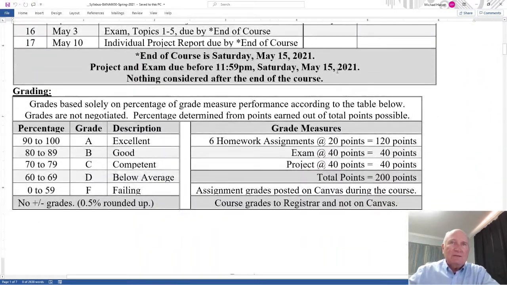Okay, now the grades. Now the grades are based solely on the percentage of the grade measure performance. And what I mean by grade measure performance is your grade is based solely on how many points you earn on these assignments divided by the total possible. So it's all in percentages. What's important about that is what's not there. What is not there on your grade is your grade is not dependent on participation, attendance,